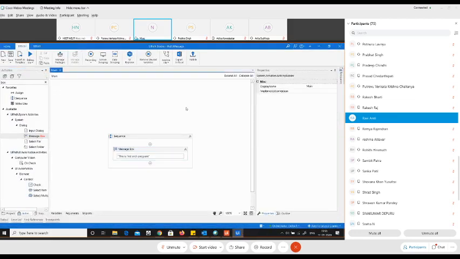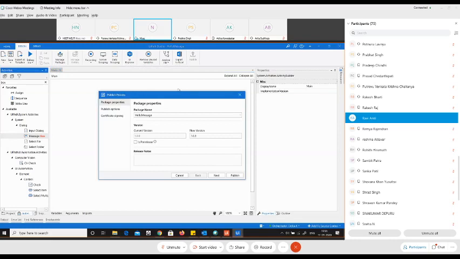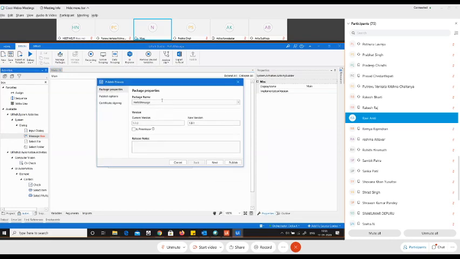Now I'll tell you the important step, as in how to publish this code to the Orchestrator. So if you see here on the ribbon bar, we have a button called Publish. Click on this button Publish, and from here you can see the process name. The process name was hello world. This has to be published into the Orchestrator. So if you click on Next over here, you can see you have an option where you want to publish it, either to the Orchestrator or to a custom URL. In our case, I want to publish it to the Orchestrator only.